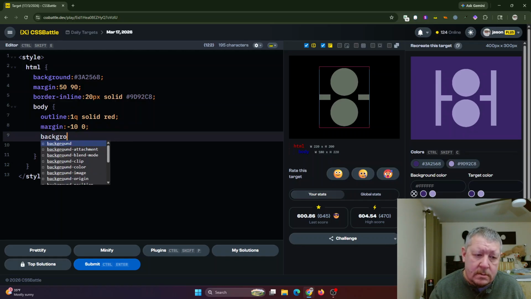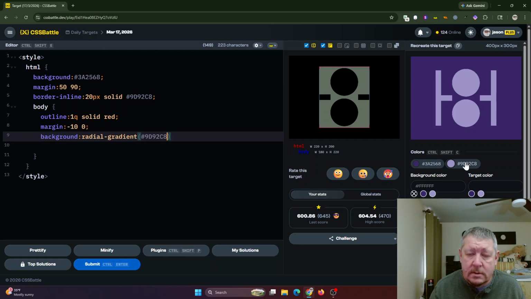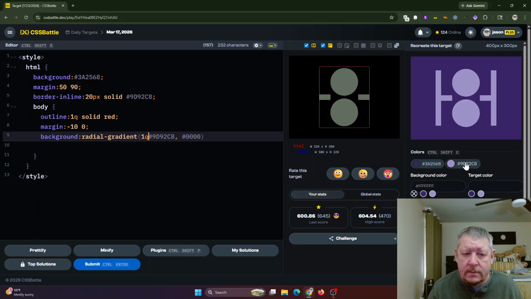And let's put a background here. Background radial gradient. It's going to go from this color to transparent. I'll use 1Q for the aspect ratio. You could say 1 pixel, 1 pixel here and make the aspect ratio a circle, but 1Q is less characters. This is going to be 50 pixels. Then we need a position and a size so that we can get it to repeat. I'm going to start with 0 on the position. I don't know where it went. Horizontally,